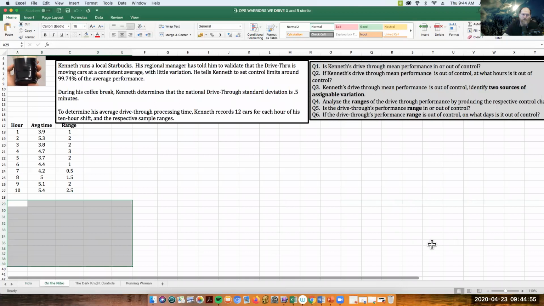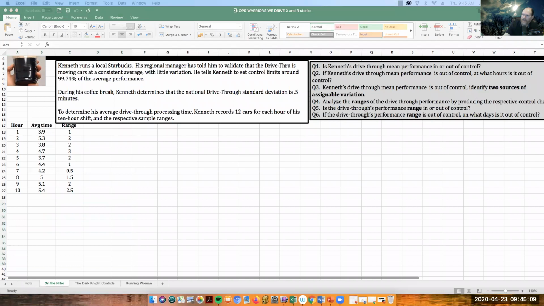All right, so here's our first tab. And again, this is on your Canvas. If you want to follow along, I definitely encourage you to do so and populate these worksheets. I will post the solutions between today and tomorrow. So you'll have that to check your work, especially if you get lost along the way and you don't want to ask a question and all that kind of stuff. All right, so let's look at this first problem. I need to scroll down a little bit.